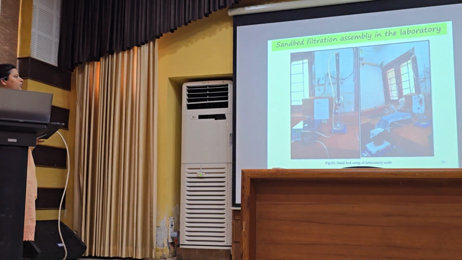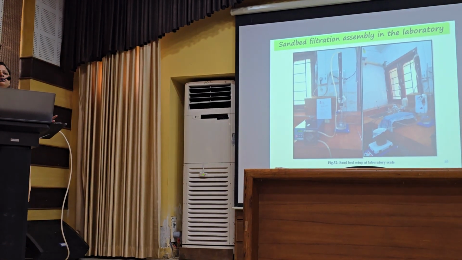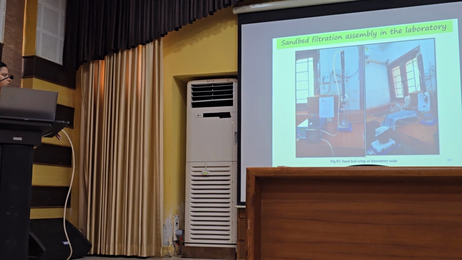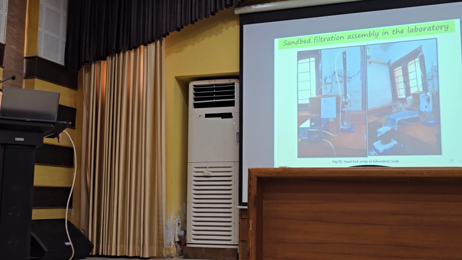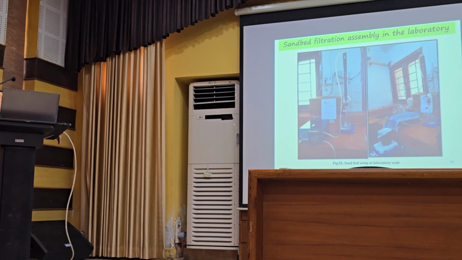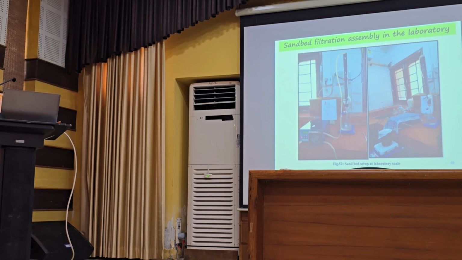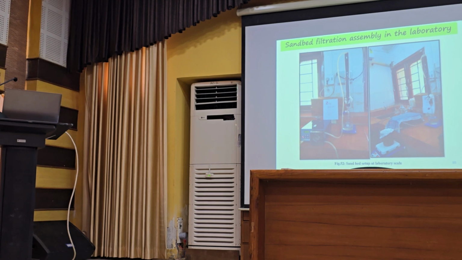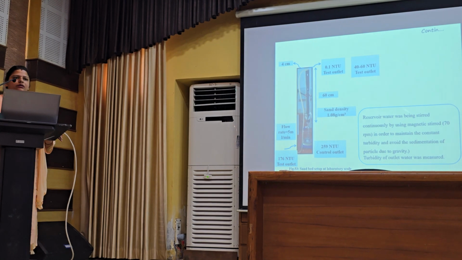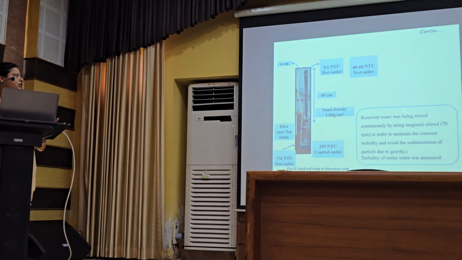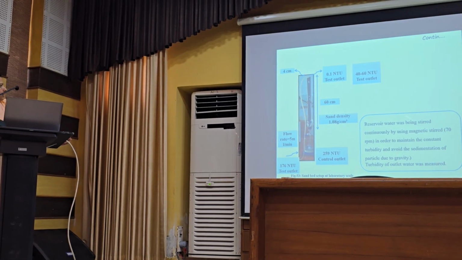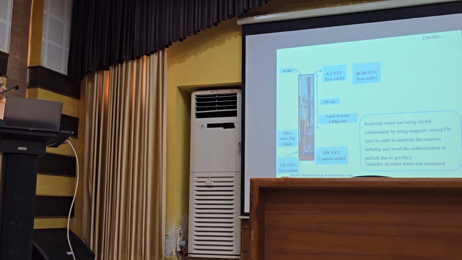This is the assembly of the sand bed used when we were performing the biosedimentation test up to the scale of 100 liter. Here we can see a peristaltic pump is equipped with this column, and the outflow of the 100 liter tank was kept on the stirrer so that its stability is maintained. The stirrer was maintained at 70 RPM. The height of the column was 60 centimeter, its diameter was 4 centimeter, and the flow rate was maintained at 5 ml per minute.